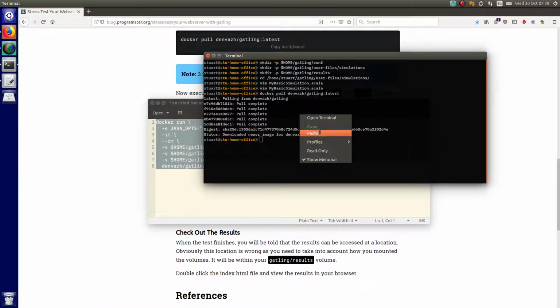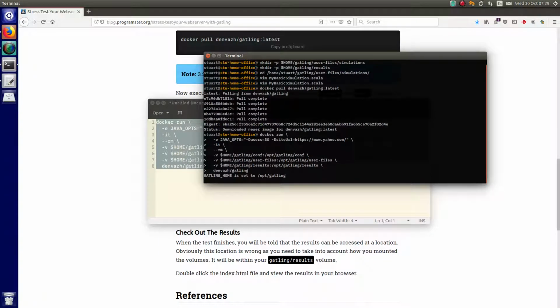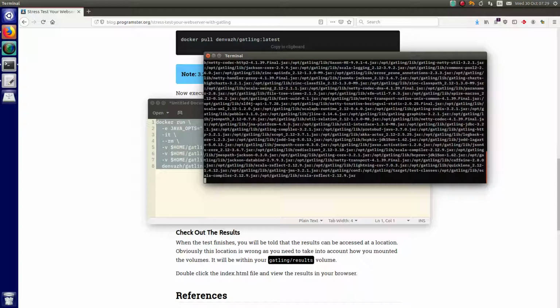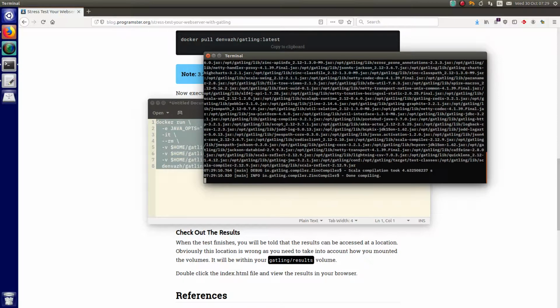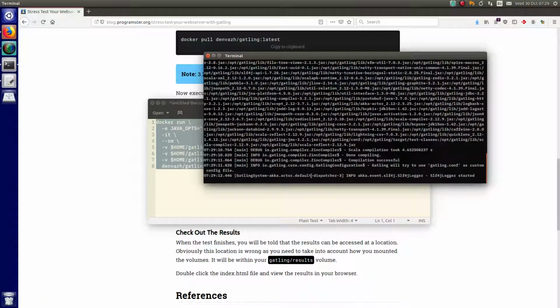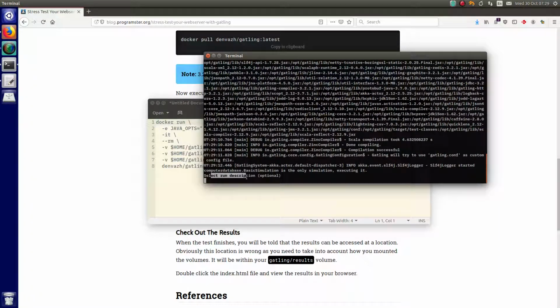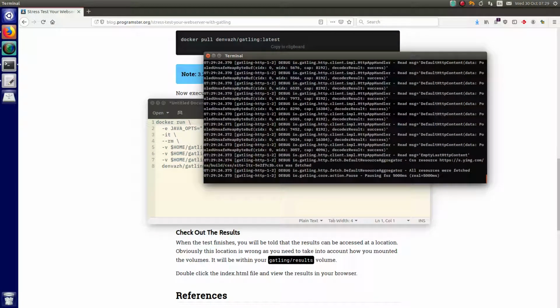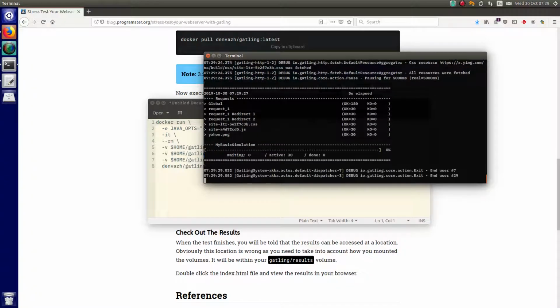and run it here, and it will ask you for a description of the test once all this mumbo jumbo goes past. So don't forget about that. Select run description. This is a test of hitting yahoo.com with 30 users. Cool. So it will do its thing, and then eventually you will see